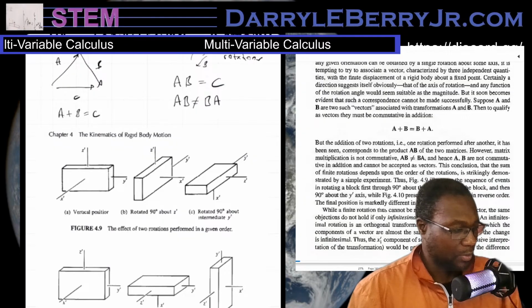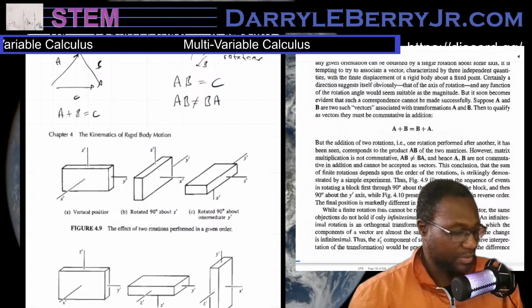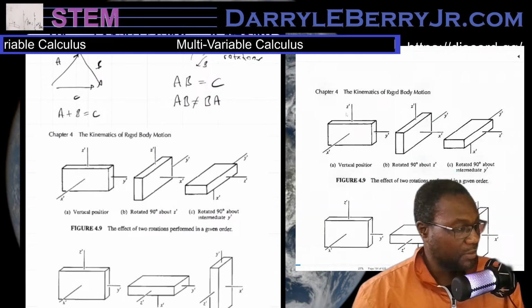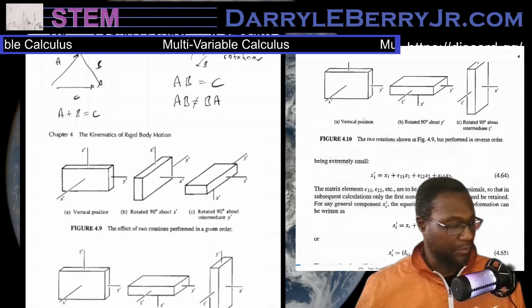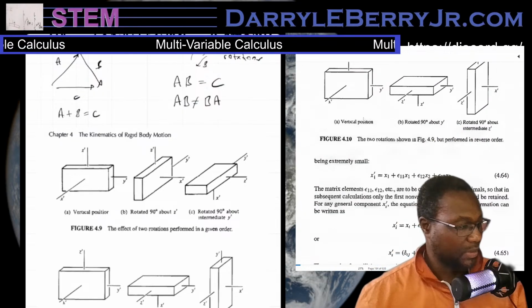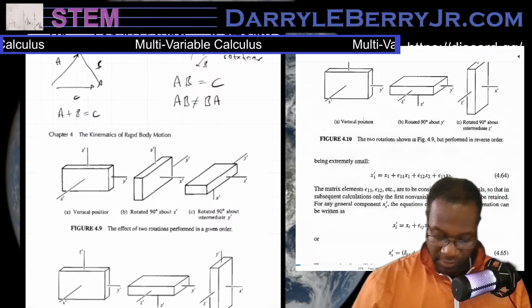Thus, the x1 prime component of some vector r, on the passive interpretation of the transformation, will be practically the same as x1, the difference being extremely small. So now we get into the small things again. So hold up. So it's saying that